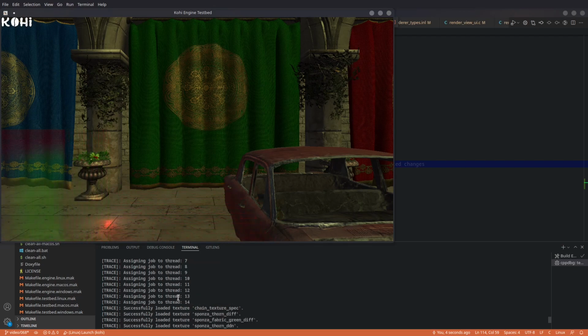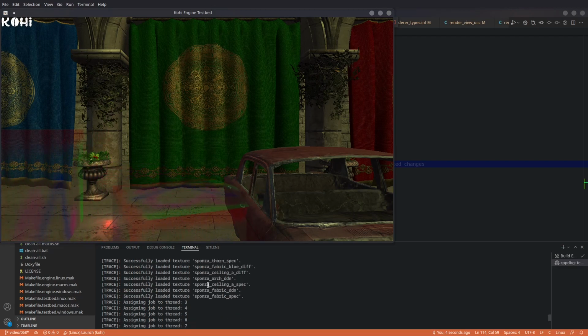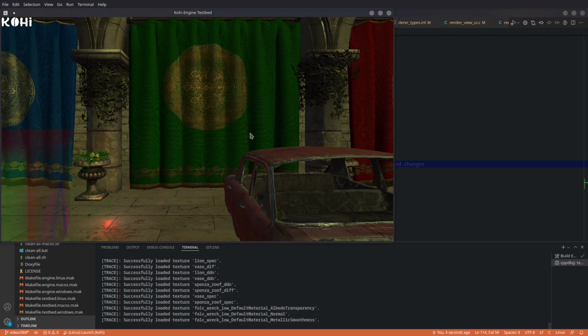In fact, we're actually using all 15. So we have a lot of textures that are used by this Sponza mesh. So we're actually able to use all of our threads at once here, which is pretty awesome. And as you can see, it actually sped up the loading of the scene pretty dramatically. Now, you guys that have machines that don't have 15 cores obviously won't see quite as dramatic of a speedup, but